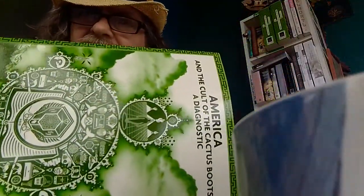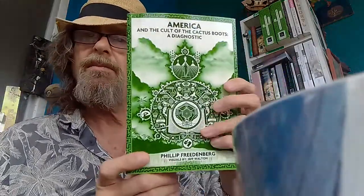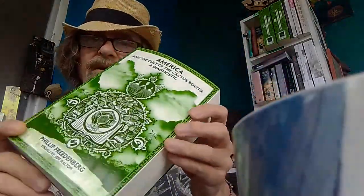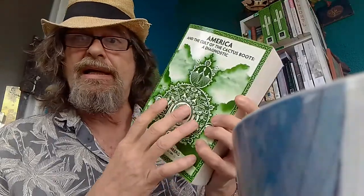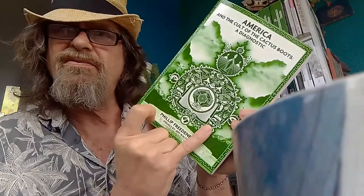Now look at this cover. This is a Mandelbrot fractal. Now, if you don't know what a Mandelbrot fractal is, look it up and see if you can figure it out, because I really still can't. But one thing that it does mean, I guess, is that everything on here, all the little details, are actually from the book. You have here, and it's symmetrical. I'm not sure if that's fractalistic or not,